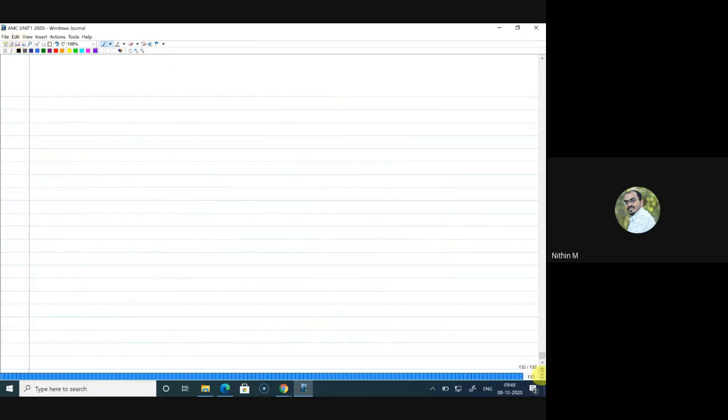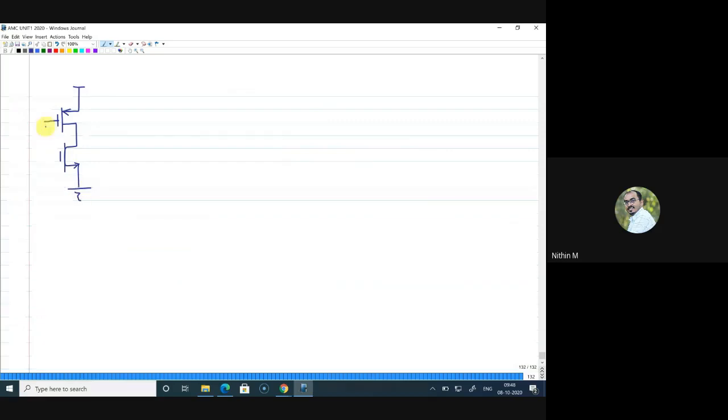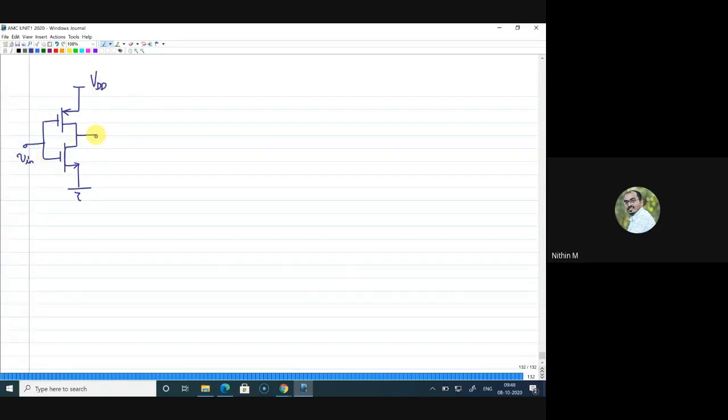Meanwhile, I'll ask you to draw an equivalent circuit of this given circuit. But the circuit is having both PMOS and NMOS device. This is VDD. This is V in. This is V out. You can call this as M1 and this as M2. So can you draw the equivalent circuit of this circuit diagram. Draw the small signal equivalent circuit.